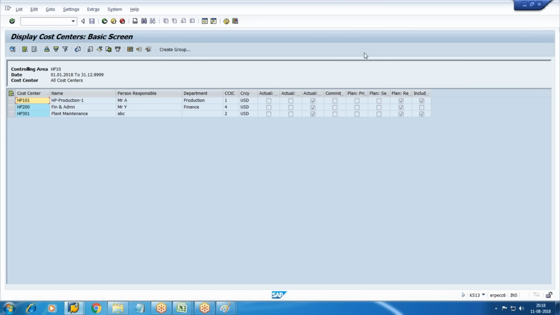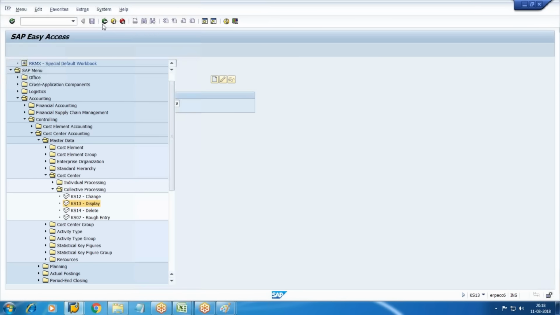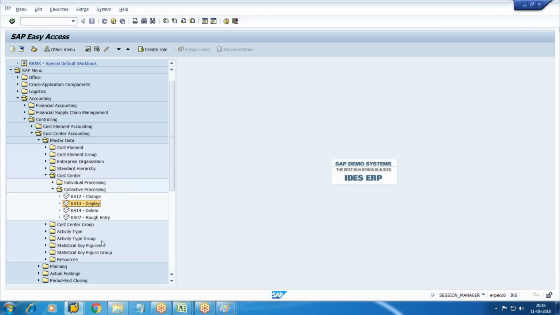So I want this collective thing. Just one minute. This is called collective operation, collective processing. Yes, collective processing. Can you collectively create many cost centers using this as well, or is it only change, maintenance, display, delete? No, only change. Oh, you have change, rough display, entry, delete. Can you do that? So if we had creation,